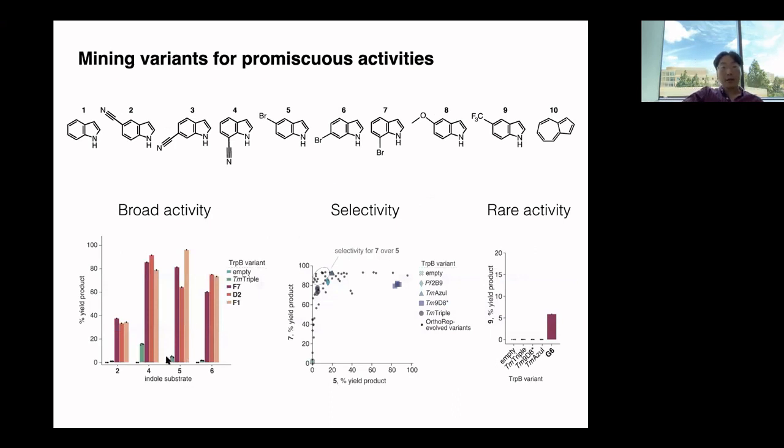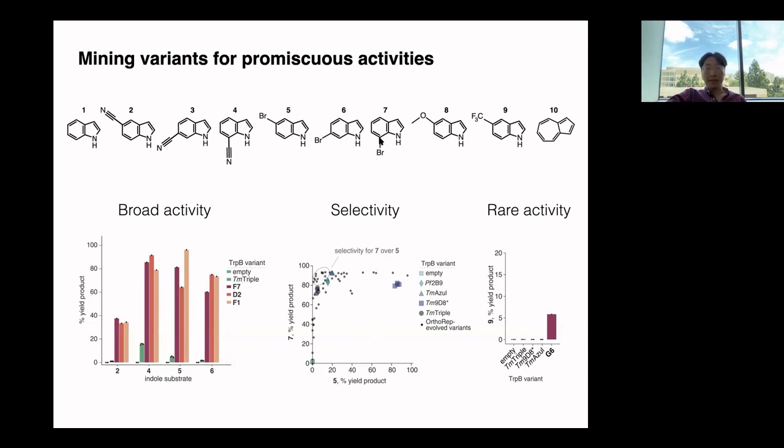So there are some variants, such as F7, D2, and F1, that are rather broad in their activity. So these can catalyze efficiently the formation of unnatural tryptophans from a number of unnatural indole substrates. There are some variants that are very selective. For instance, these variants here that are OrthoRep evolved